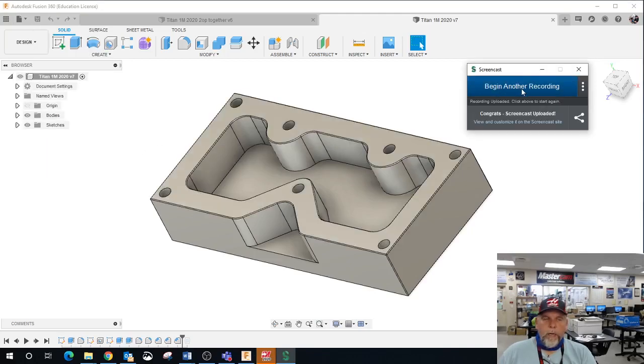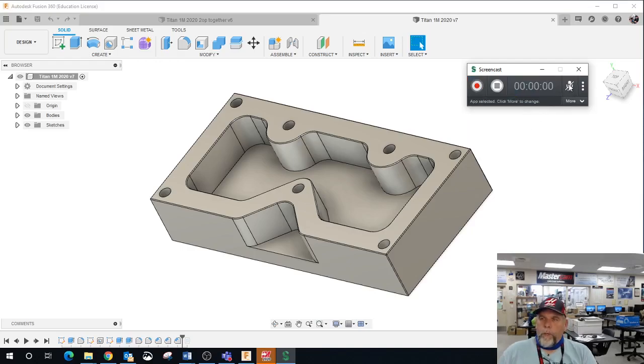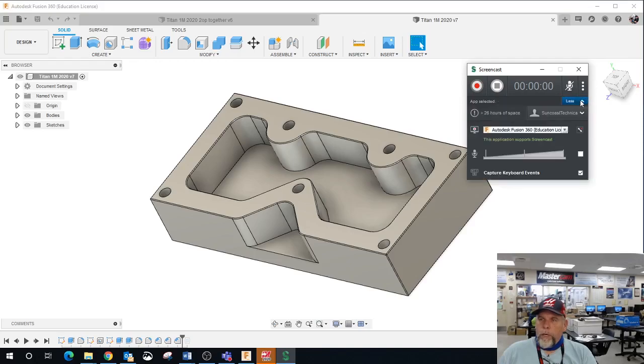It says begin another recording. All right. Turn the microphone on. So this one, you got to have the microphone on. I just put this in my school one, so for some reason it's not getting it. Okay, I got it now set up. The recording, the microphone. You want the microphone, and I can see right here the levels are going up, so